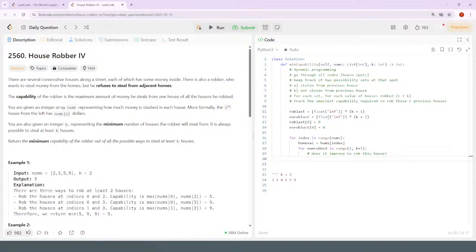If we rob the previous house, well, let's start with assuming that we didn't rob the previous house. So we can rob this house. So if not robbing the previous house where we previously robbed num rob minus 1, if this home value